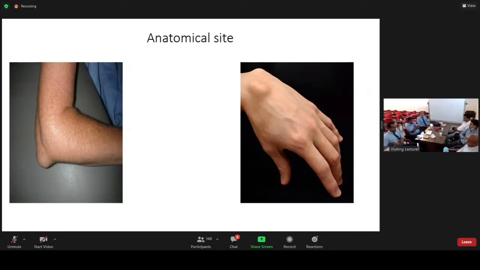If you say the groin area, there is a lump in the groin. There can be a hernia, it can be a lymph node, it can be a vascular lump, it can be a lipoma, but then we create the list of possibilities, and the rest of the examination we approach accordingly. With a groin lump, we would ask the patient to cough and look for a cough impulse. If there is a cough impulse, then we know it's a hernia, and the rest of the examination will follow according to hernia.